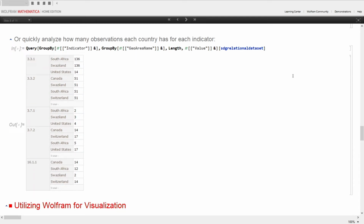Now, because we're dealing with just a single sample set that's not indicative of the whole, we've definitely got some gaps. But as we mentioned earlier, there are a significant portion of the SDGs that countries don't even know how they're going to be reporting on. So we want to be able to take a look at how that reporting is coming in. So here we get a number for how many countries have reported, or how many times each country has reported on each indicator. And if you look at 3.3.2, the second box, you realize we have very, very consistent data